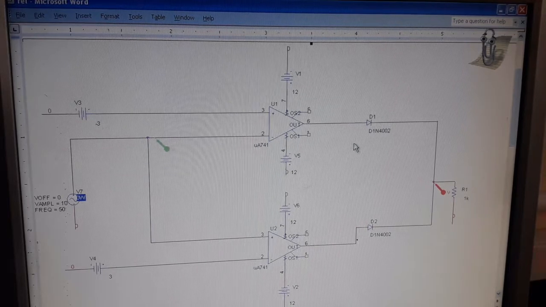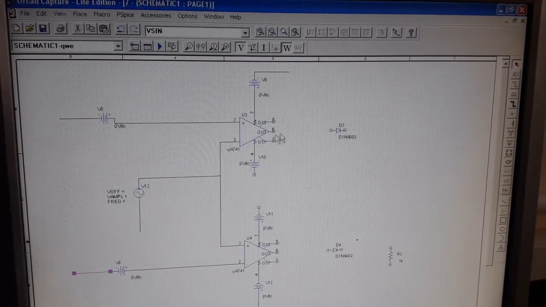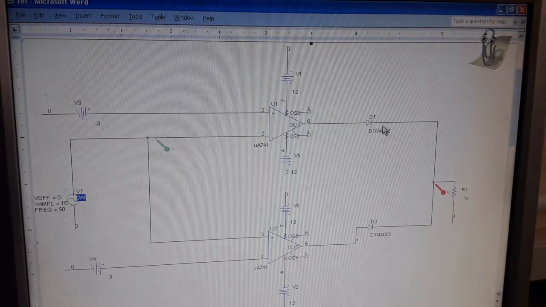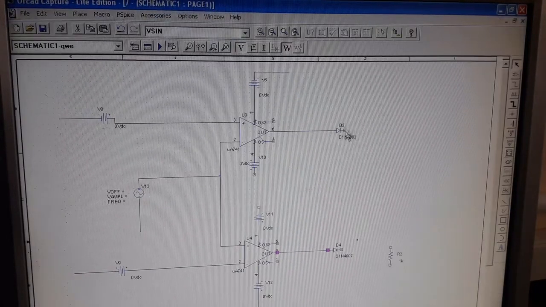So now here we have to connect the 6th pin to the anode terminal of the diode. Okay, so click on place wire, 6th pin to the anode terminal of the diode, and then the 6th pin of the lower comparator to the anode terminal of the diode, and short the cathode terminals of the upper diode and lower diode. Okay, short these two diodes. Click on place wire and short these two.